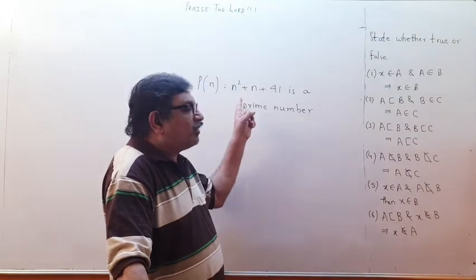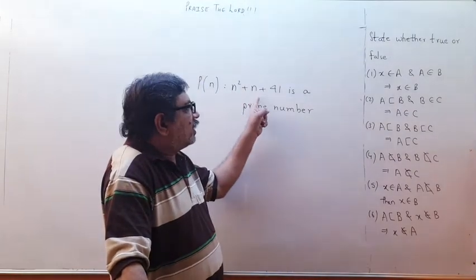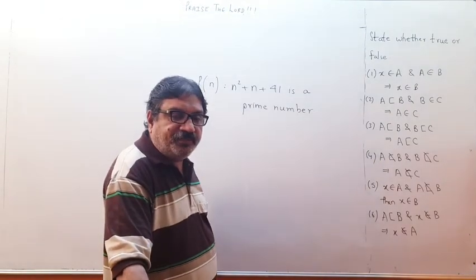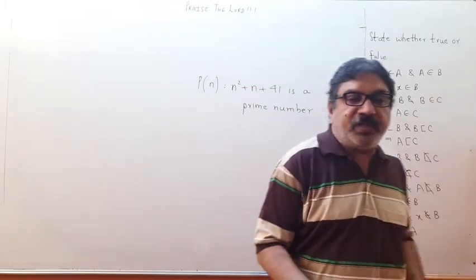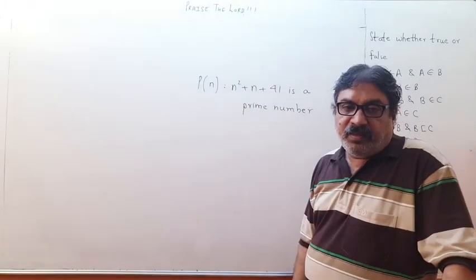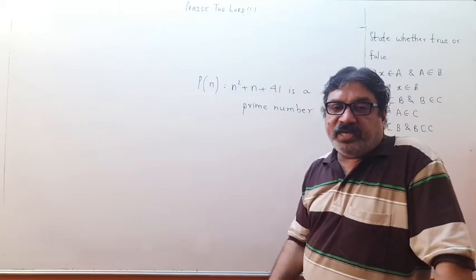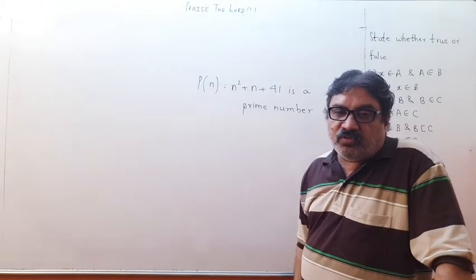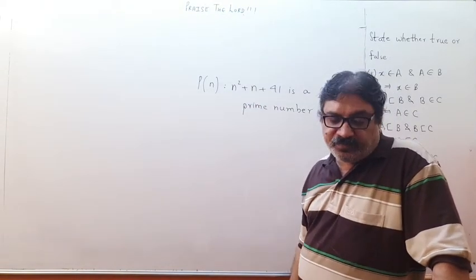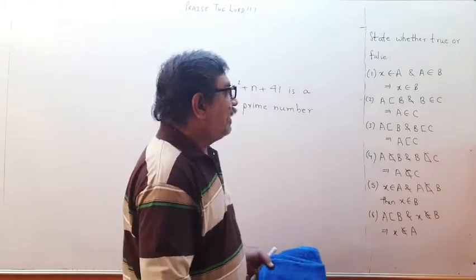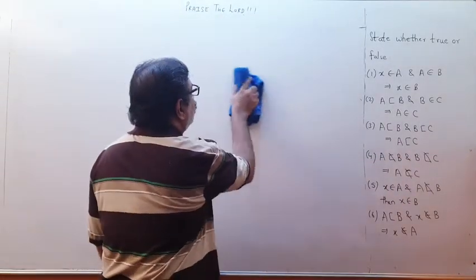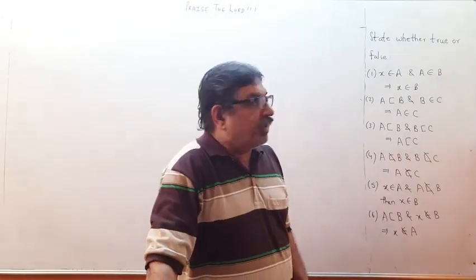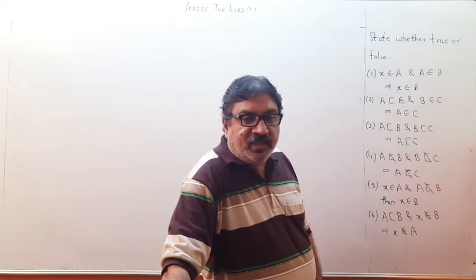No children, if you pick up n as 41, then this will be 41 square plus 41 plus 41. It will be a multiple of 41. So this is not a prime number for n equal to 41. Thus, to prove a statement, you cannot take a few examples. But to disprove a statement, you can take a counter example. Like if somebody made a claim like this, I could have said, see, for n equal to 41, this is wrong. And the statement gets disproved. So please remember the concept of logic. If you want to disprove a thing, you can give an example, a counter example rather. But to prove a certain statement, you will have to prove it theoretically that it is true for all the values.